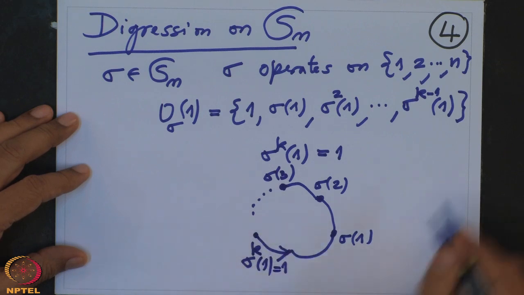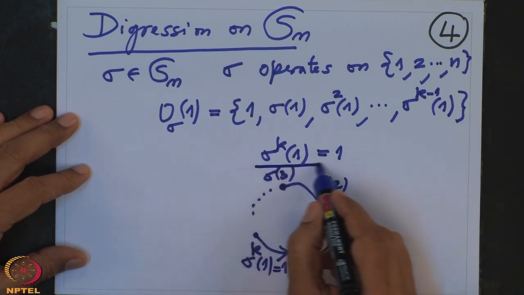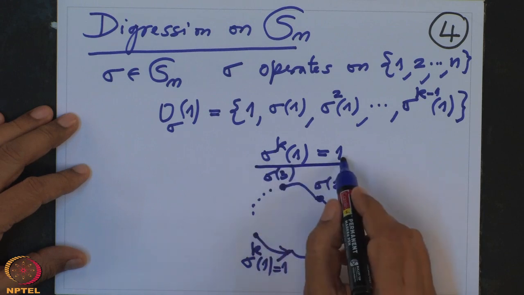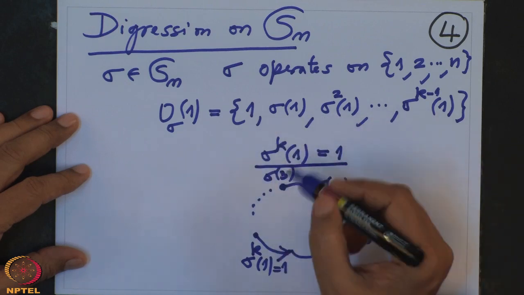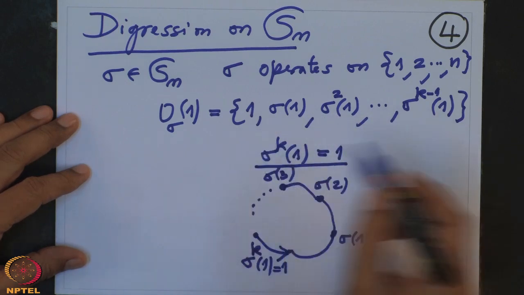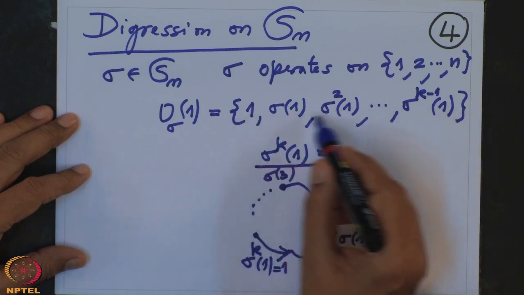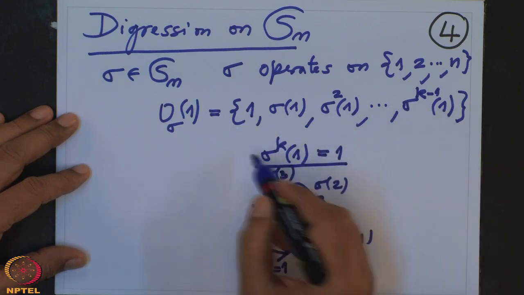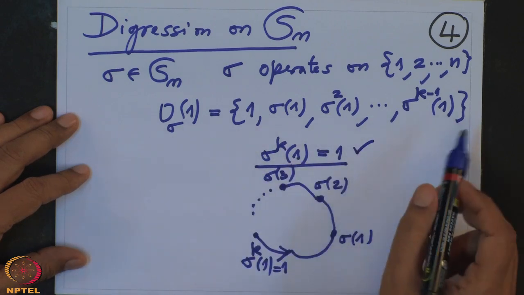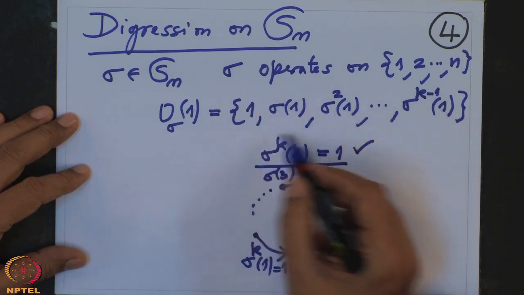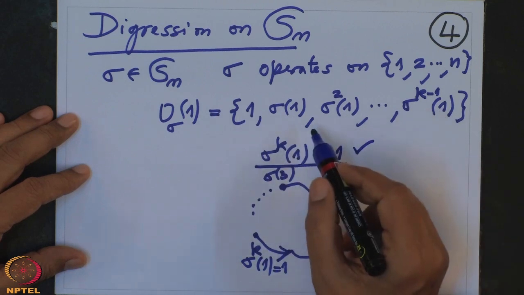And just one before. So, why is that? Why does it come back to 1? Because if it does not come back to 1, then it will be some smaller power of sigma, but sigma has an inverse. So, just cancelling that, you will get a contradiction to the fact that these elements are distinct. Therefore, sigma power k of 1 is 1. So, this is called an orbit of 1. Now, you choose an element outside this and do the same process.